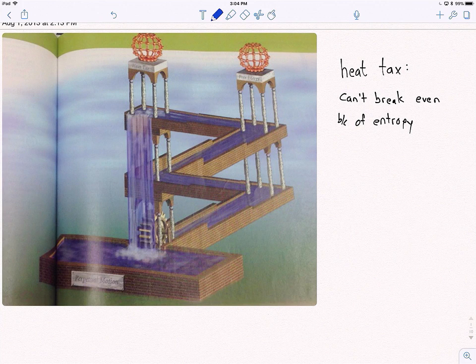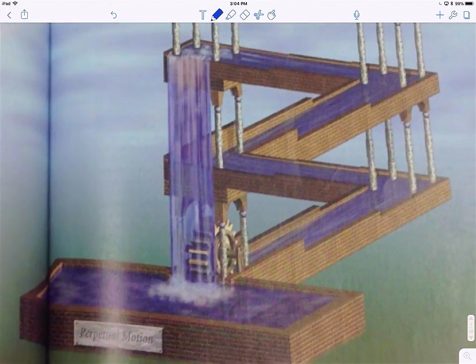Other questions? No. Okay, so we're moving on and talking about thermodynamics, and here is an artistic